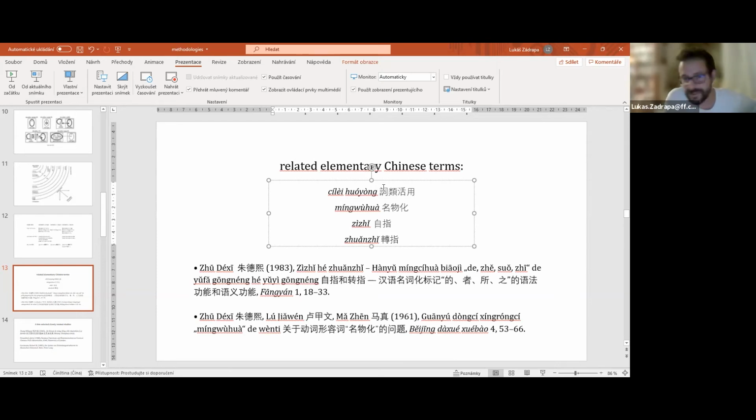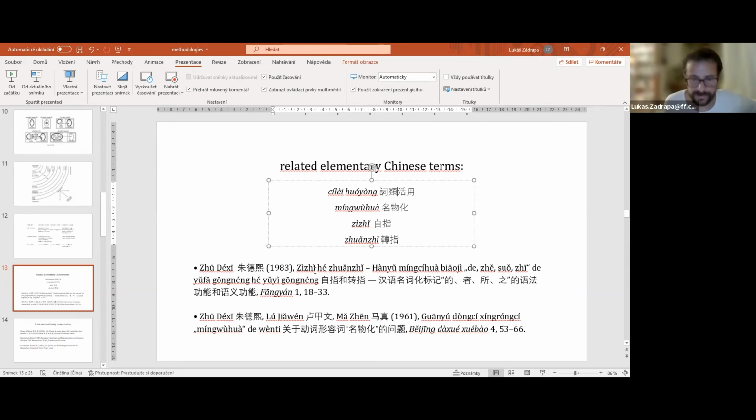This word class flexibility is the best way to translate it, more or less. But I really appreciate another two terms, which are Zhu Si's terms from this